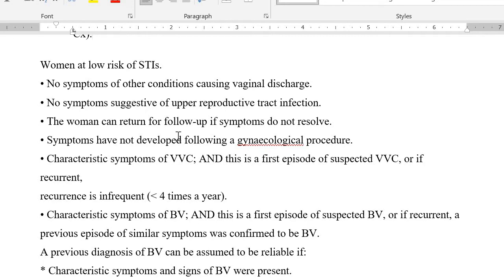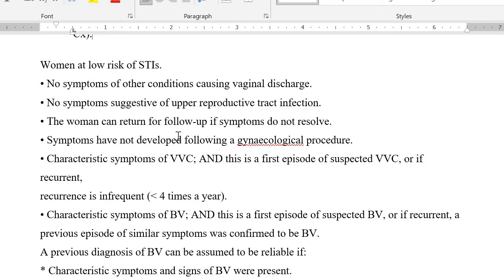But if we have done some gynae procedure and symptoms are appearing after that, then obviously the instruments are usually sterile, but you never know, by chance something went wrong, like a pack was not given full time in the autoclave. So many things could have gone wrong. So then the symptoms, they are suggestive of